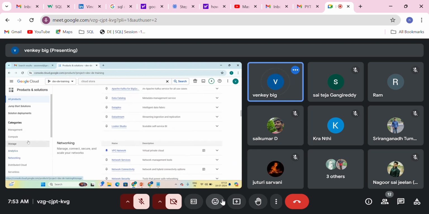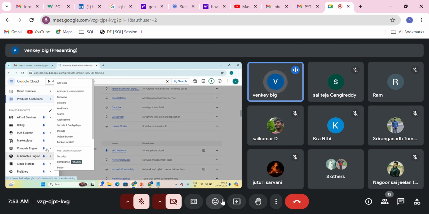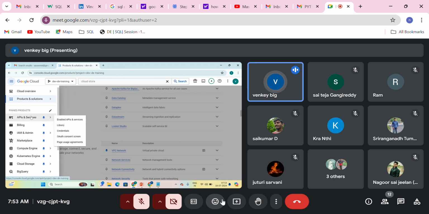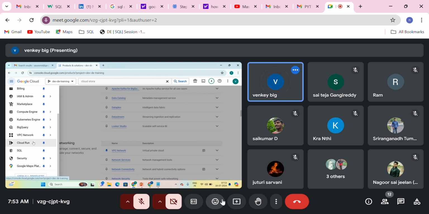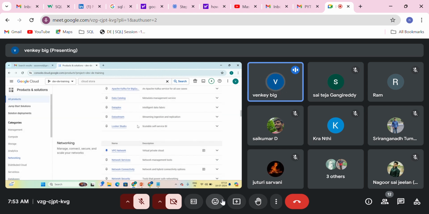You can pin this so that they come at the top for you. You can also have Cloud SQL, which is the database kind of environment. We'll see all of them one by one.